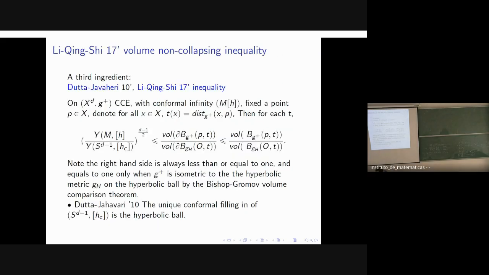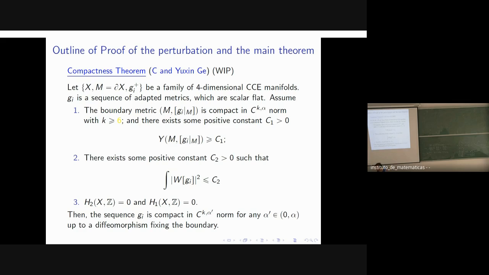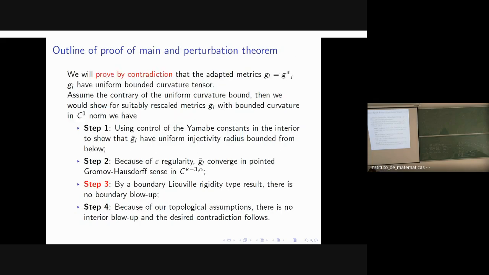Okay, so I will come back to the perturbation result. So recall this is the result I'm trying to show. Now let me outline the proof of the main theorem and the perturbation theorem. And as I said, the main scheme is trying to prove things by contradiction. So step one is to say the Yamabe constant in the interior shows that this GI bar closure